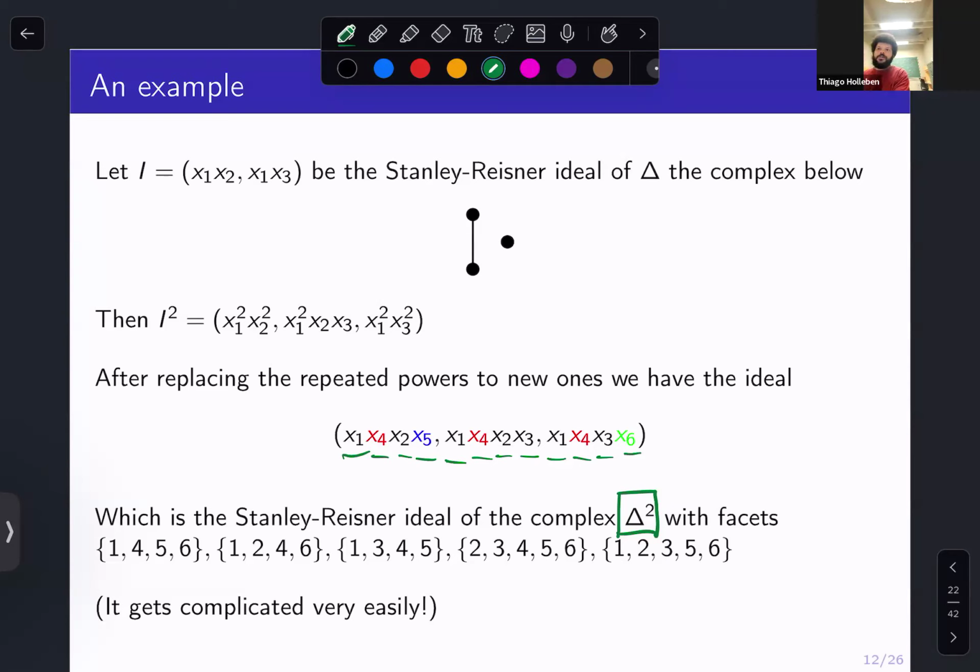We do this algebraic operation, and we get a new one, which I'm going to denote by this kind of power notation. Okay. So in this case, it's a second power. But you can see that, I started from basically the simplest example that I could, and I already got something that I can't even draw because it's 4-dimensional, 6 vertices, and things get very complicated very quickly. Okay.